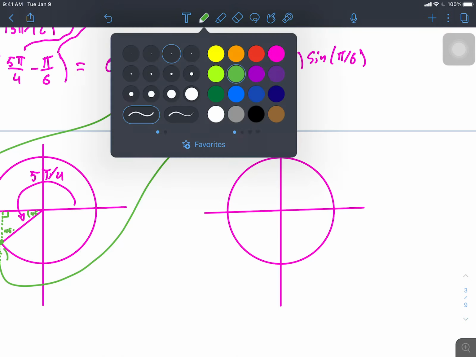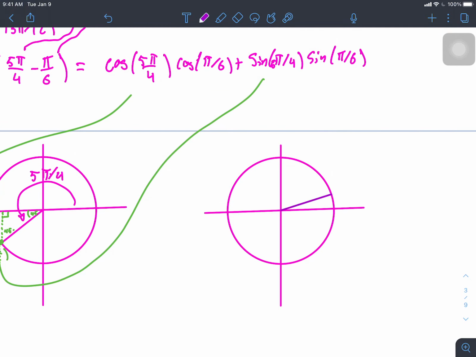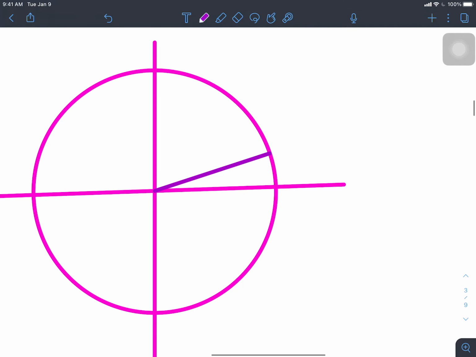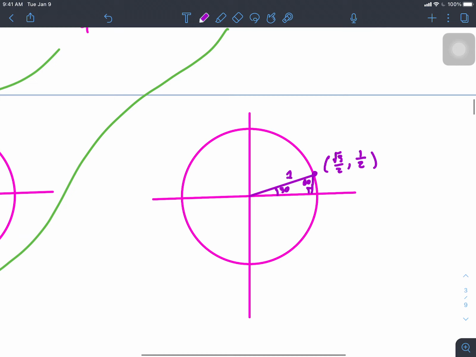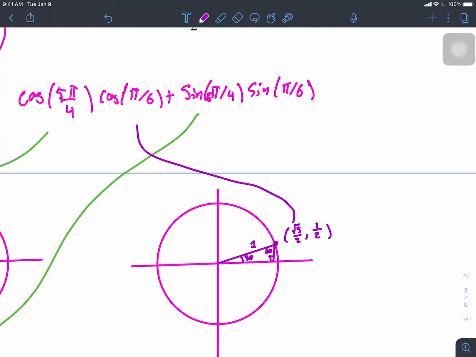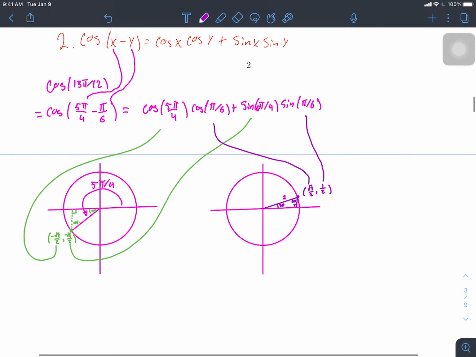Okay, so then I want to do another one with pi over 6, which looks like a 30-degree angle. So this is a 30, and then I can drop my triangle again, and this is like a 30, 60, 90 triangle, and the point on the unit circle in this case is going to have, well, across from the 30 should be 1/2, so the height of it will be 1/2, and then the width will be that number times the square root of 3, so we get square root 3 over 2. And then these are going to be the values of my cosine of pi over 6 and my sine of pi over 6. So putting everything together,